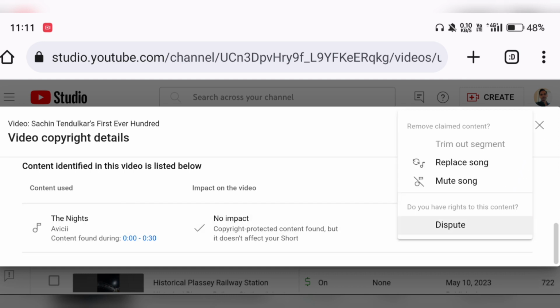and here you will find three options: replace song, mute song, or you can dispute. If you think video content is yours, you can easily dispute it, but I want to replace this song. So click replace here,